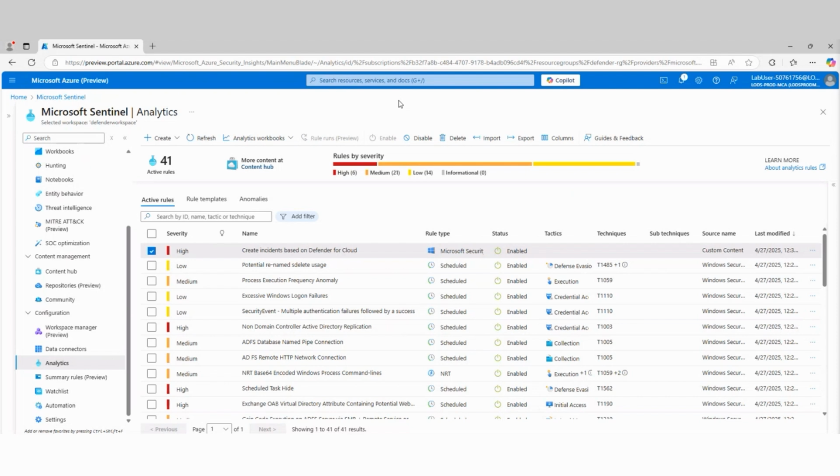Hopefully you enjoyed that. Now, let's take this a step further. If you remember in the demonstration we just did, it's going to generate an alert, but there was an automated response option where I can have it respond in the event of something occurring. So how do we set up those automated responses, the structure, the workflow for that? That's what we're going to look at now in our second demonstration, which is creating a playbook in Microsoft Sentinel. Now, keep in mind, playbooks are basically automated responses if something occurs.